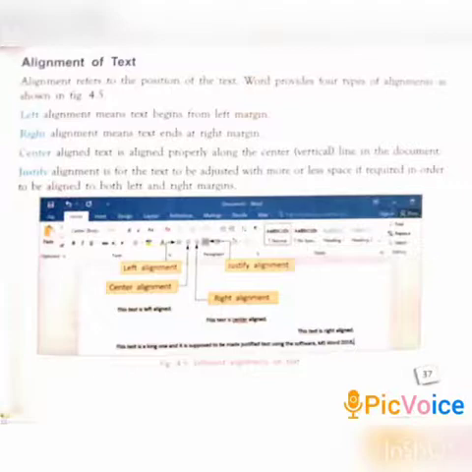Then justify alignment adjusts the text with more or less space if required in order to be aligned to both the left and right margins. Can you understand?